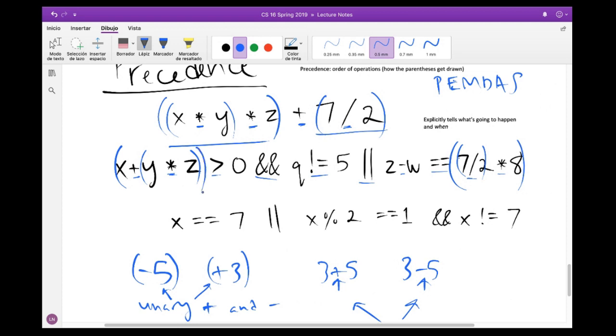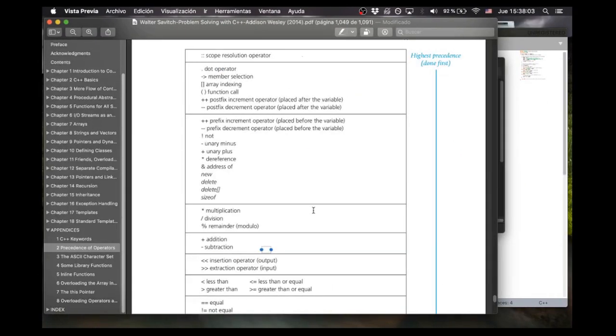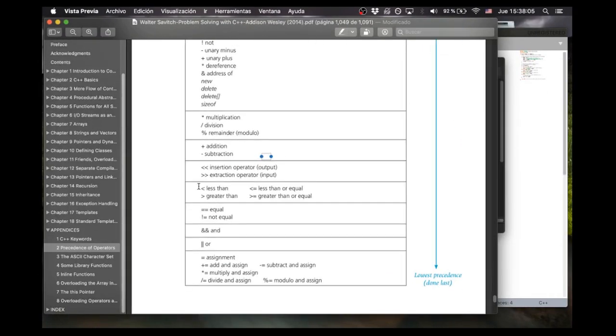From left to right, there's an addition operation. Here's a subtraction operation. What's on the left-hand side is the z. What's on the right is the w. Okay? And I think that covers all of those. So the only things we have left are the greater than, and not equal to, or and equal to. So let's see which ones are higher than the others. So it looks like the less than and greater than and less than or equal to, greater than or equal to come before the equals. So we're going to parenthesize all of those first